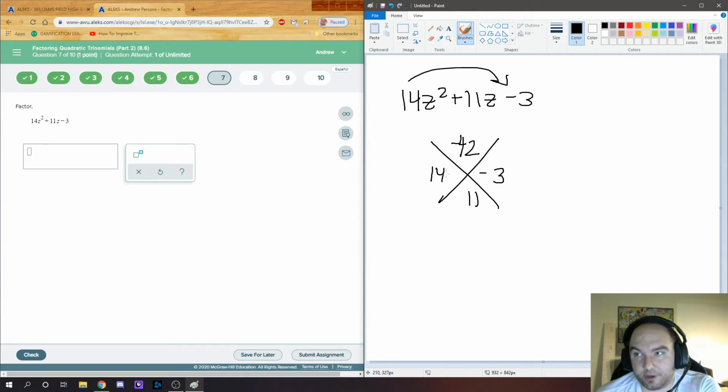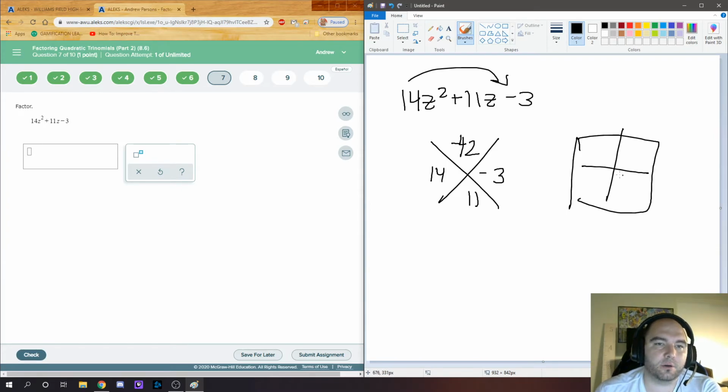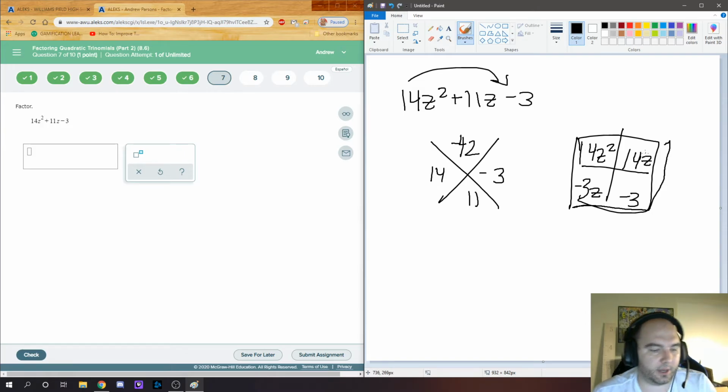So in that scenario, just telling you, if the same numbers that crossed are the same numbers that end up working, there's probably going to be x plus 1 as part of the answers. Hey, let's confirm that's true, so go with the box. Oh, that is the sloppiest I've ever written one of those. Yikes. All right, 14z squared, 14z, negative 3z, and negative 3. Notice the diagonal corners were made from,